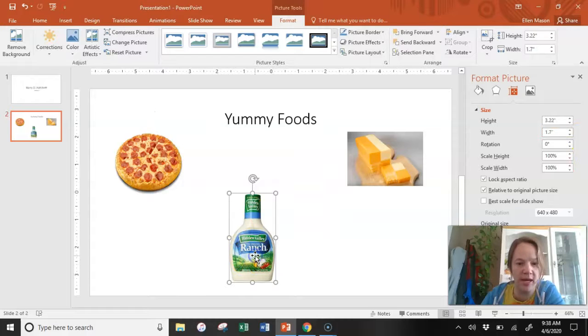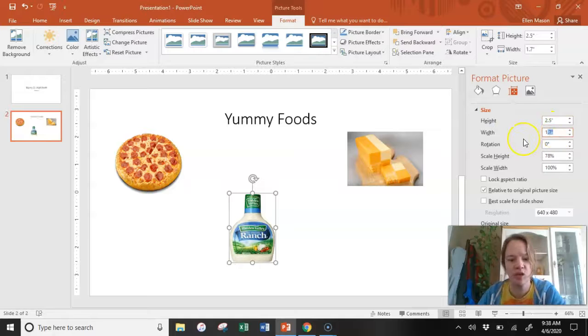So let's go ahead and click on Ranch, and we'll do the same thing. Make sure your lock aspect ratio is deselected. And then come here. We're going to make that 2.5. And then we're going to make your width